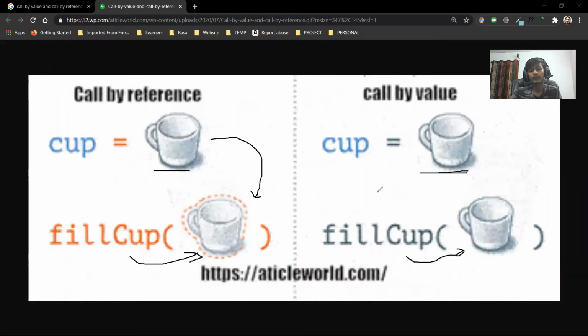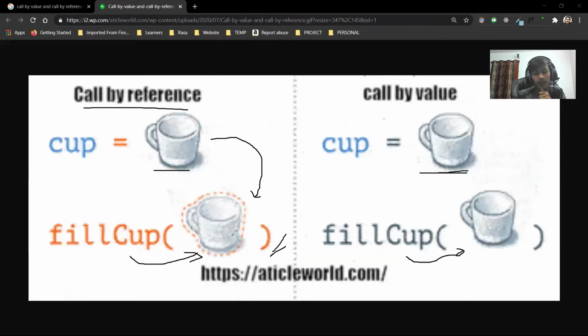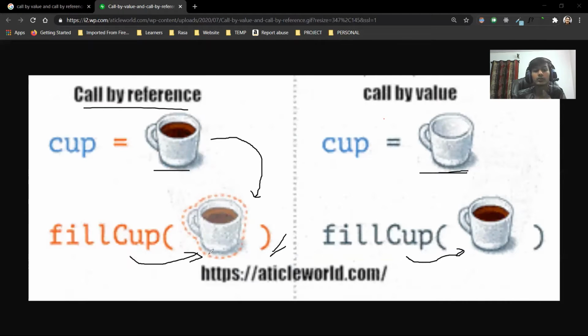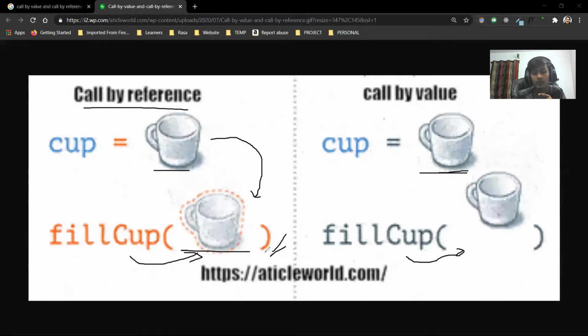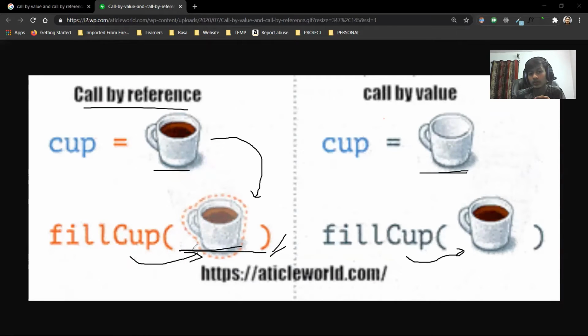In call by reference, the changes made in the formal parameters are reflected back in the actual parameters. Actual parameters are those parameters which are used during the calling of the function. What are formal parameters? The parameters that are used during the defining of the function. So which parameter would be the formal parameter here? This would be the formal parameter.